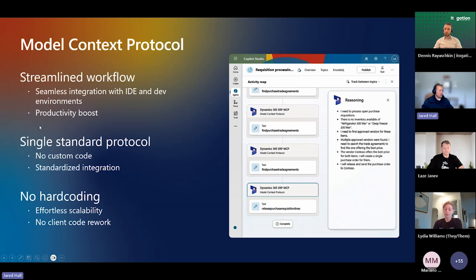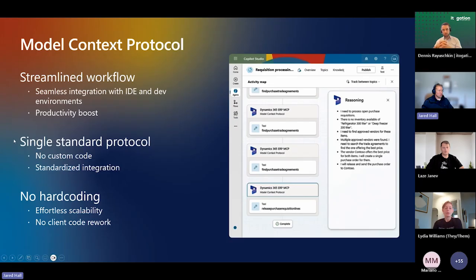But the benefits here are that we have a streamlined workflow, that the data and business logic of the application is exposed through a server, and all you need to do is add that server that brings context, understands the context of your agent, and can expose the correct contextual operations that are available to that agent, so then you're up and running without needing to add additional configuration. So simplifying that agent development experience.